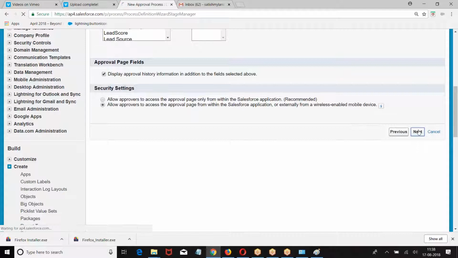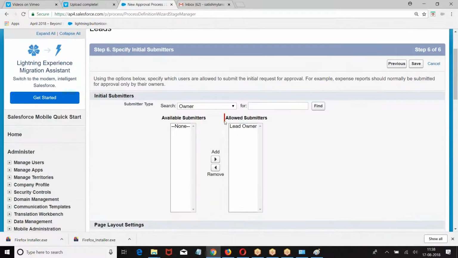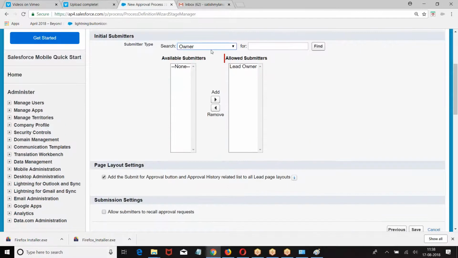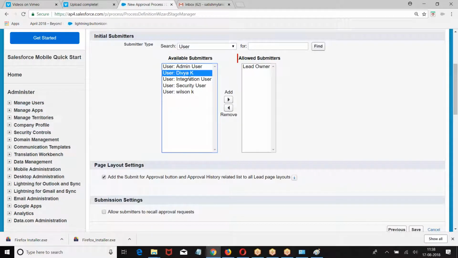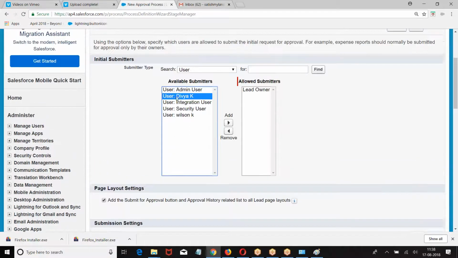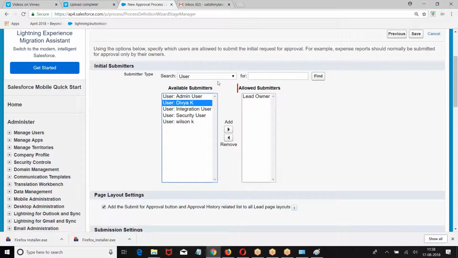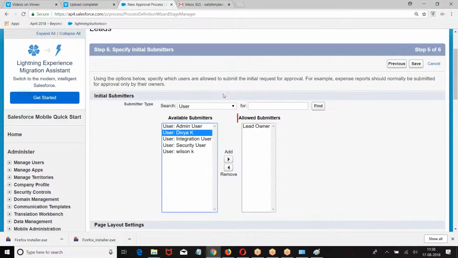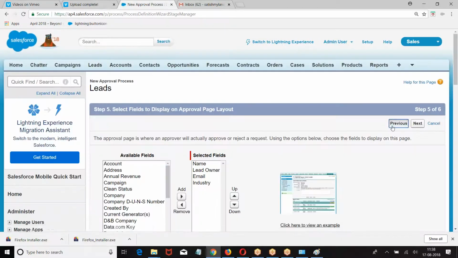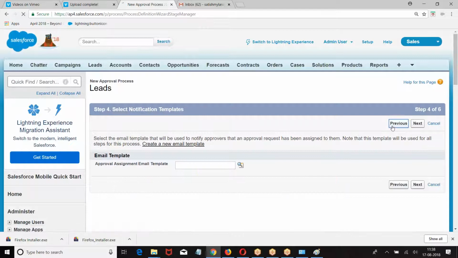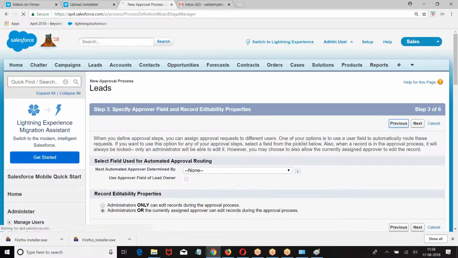Next. Who can submit the record? I told Divya can submit the record. Divya cannot submit this because it's a lead object, right? What is the problem with the lead object? Tell me. What is the problem with the lead object?